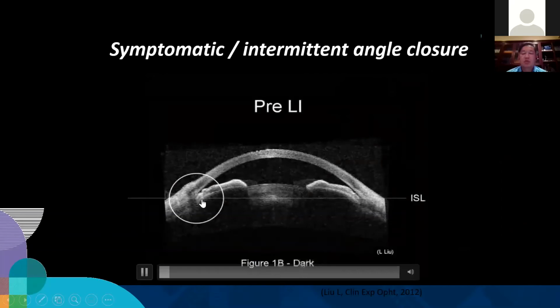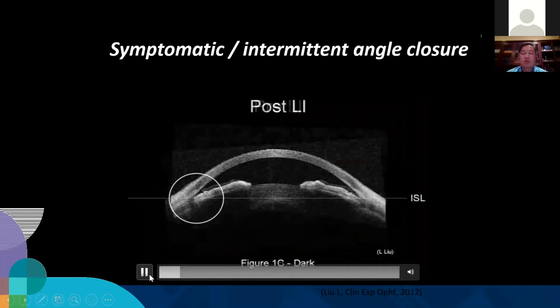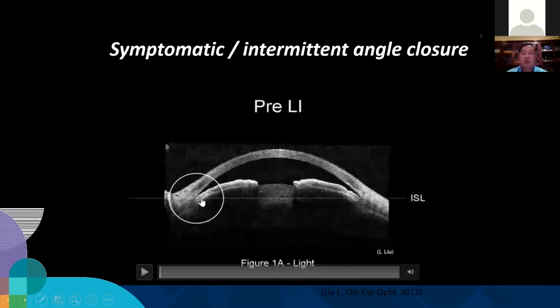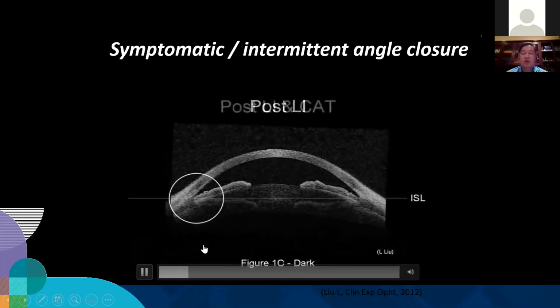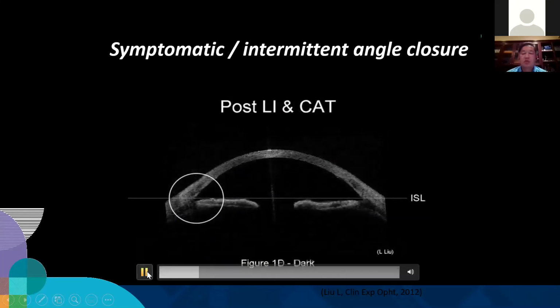So here, a cross-section of the eye, this is the drainage system here. And if I can stop that and go back. Okay, so this is the cornea, this is the iris, this is the lens, and this is the drainage angle here. So you can see when the pupil is constricted, say in the sun or during the day, the angle looks open. So what happens is that when the pupil dilates in the dark, it becomes shut. We use a laser iridotomy to open it up. And more recently, we've worked out that if we take out the lens or cataract, it opens up the angle even further.